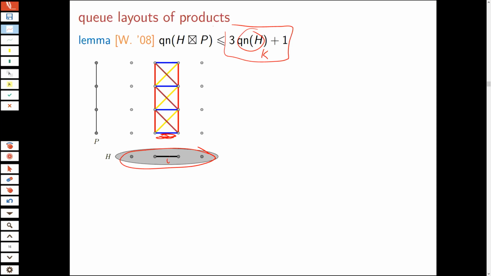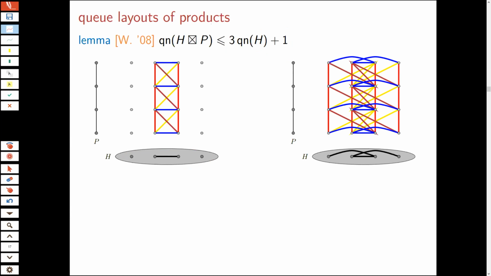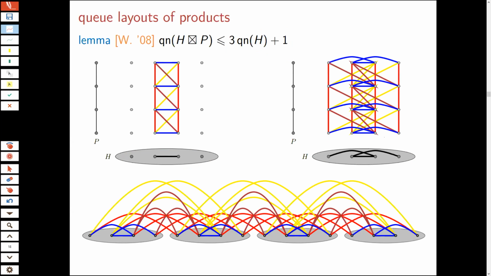Right? So that's the coloring rule. Here's just another picture with a slightly more complicated graph H. Note that all the edges in H here are non-nested, so they could be all the same color. So up in the product, we do have this actual coloring, and then we do the obvious vertex ordering. We just order the graph, the product, row by row by row, do the obvious thing. And you can check that no two edges of the same color nest.